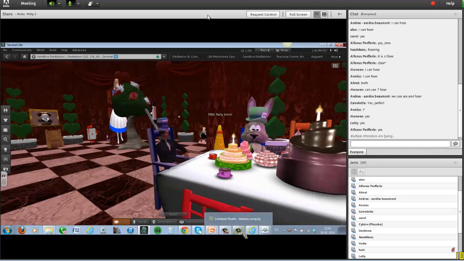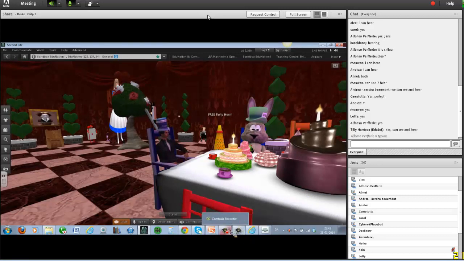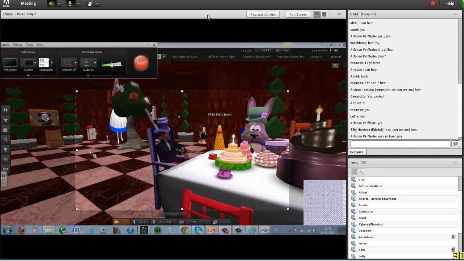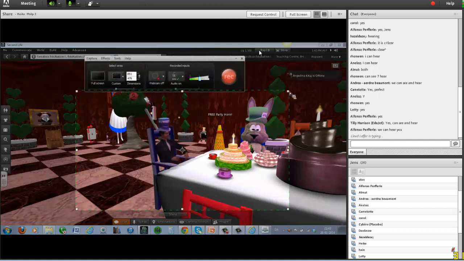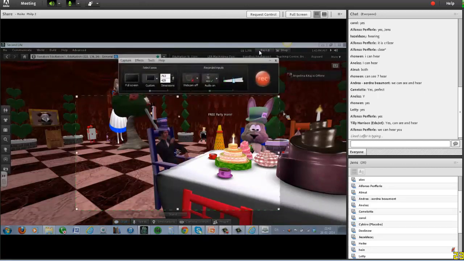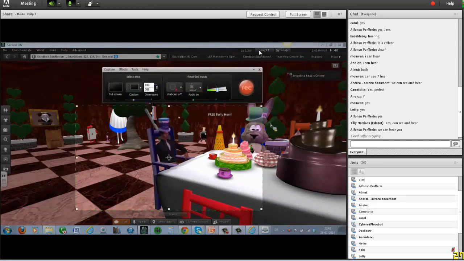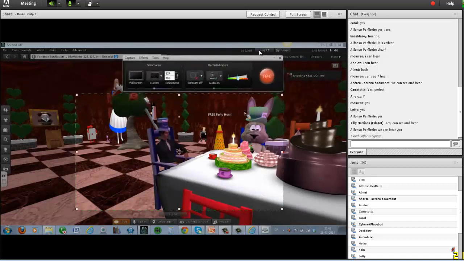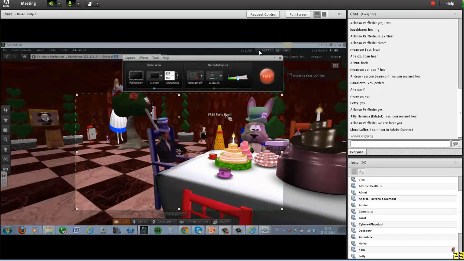Now I will start my Camtasia, and of course, now you see here the recording button and the things here. The great thing is that you can decide the size of it. Can you see here? I have some hover-over thing. I don't see that on my stationary computer. It says free party horn. I can't get that away with this laptop here.